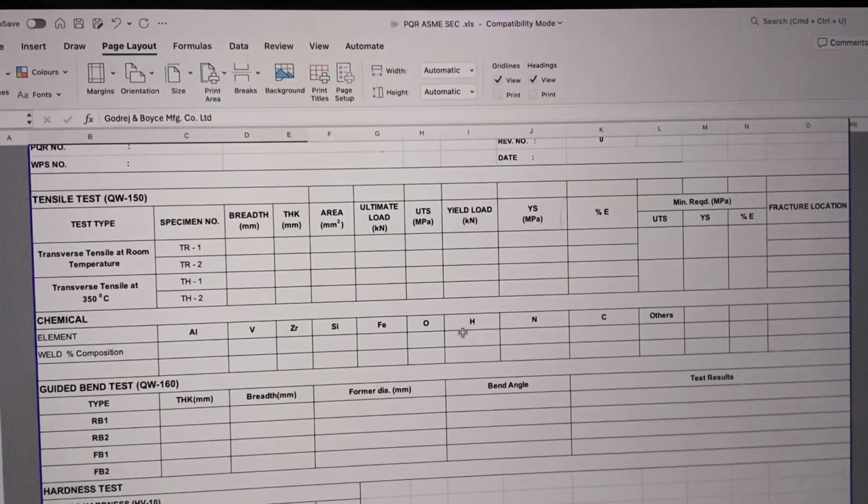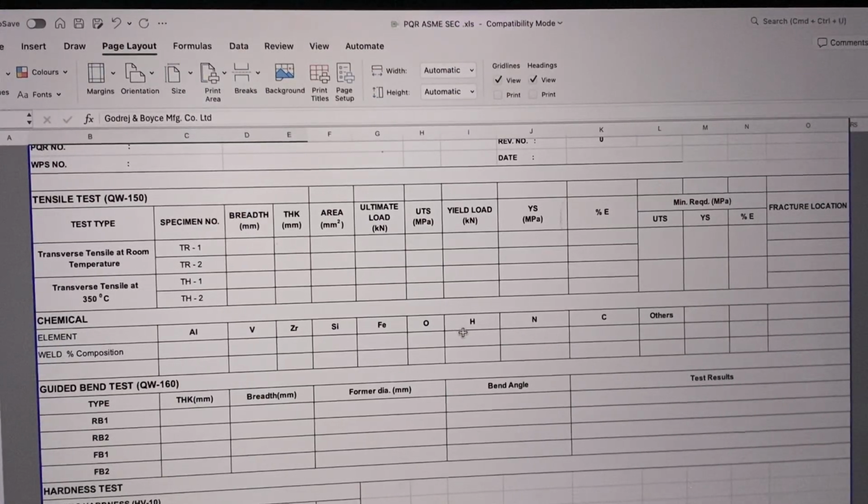So mark each of the specimens correctly, and then only make a groove or a notch on the impact specimen. And as far as possible, try to avoid the subsized specimens. When there is a limitation of thickness or non-availability of the higher materials, please go for the subsized specimens. But don't forget to validate with the codes, because the subsized specimens may have a different acceptance criteria as far as these physical properties are concerned, depending upon the nature of the material and the way you have taken